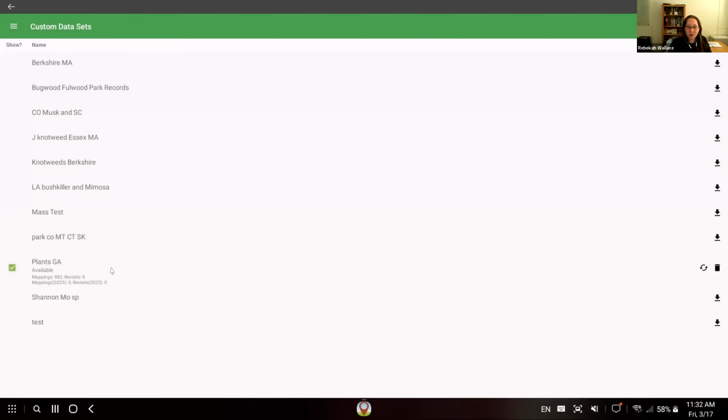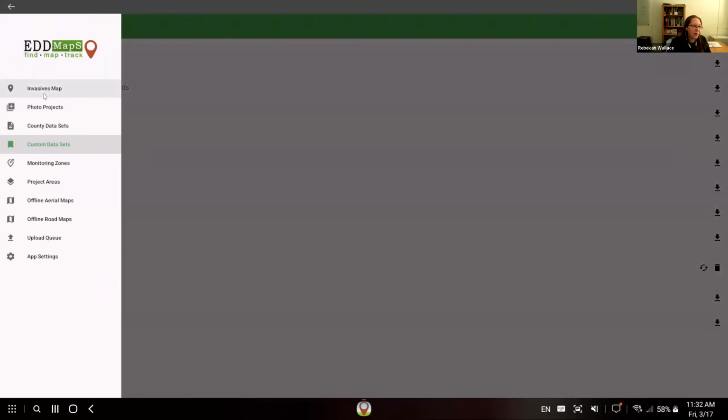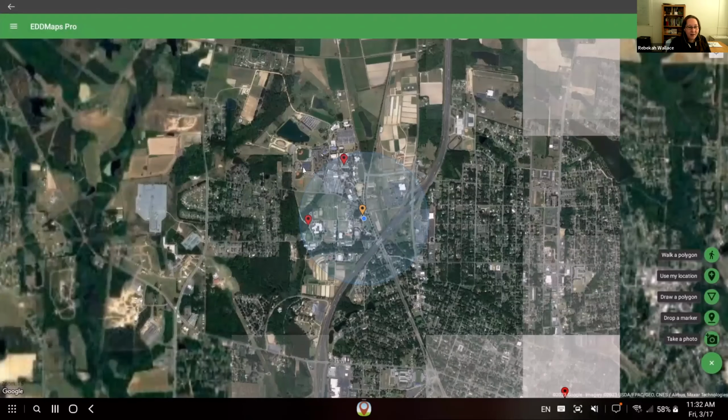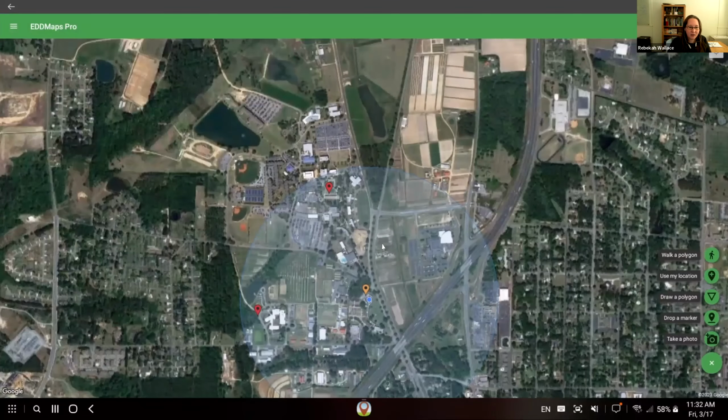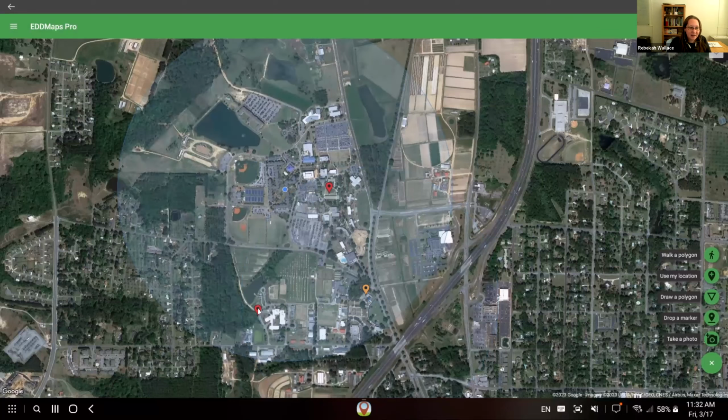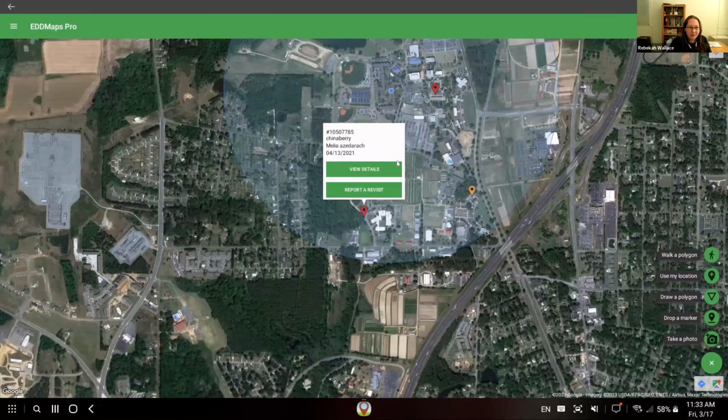The checkbox will turn it on. You'll see on the right now I've got refresh and trash data sets. If I go back to my map, you're now going to see these points. I forget how I zoom in and out using this particular program. So I can then interact with these points.